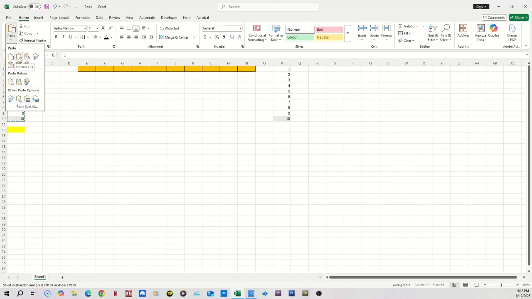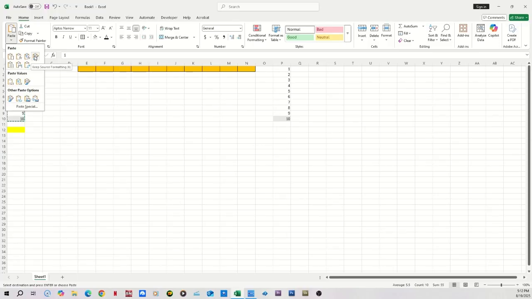This will just paste formulas only. It will paste the formulas only to another cell. And then this will do formulas and the number formatting. So if you have the cells formatted for a certain number format, like date, currency, things like that, that's what that's going to do. Keep source formatting means basically wherever you paste to, it's going to keep the formatting that you